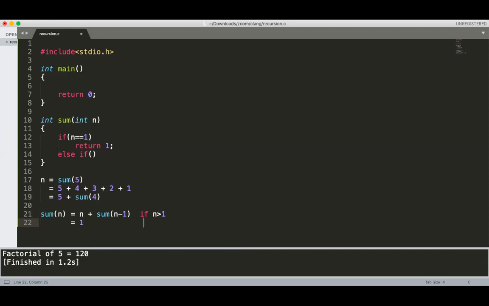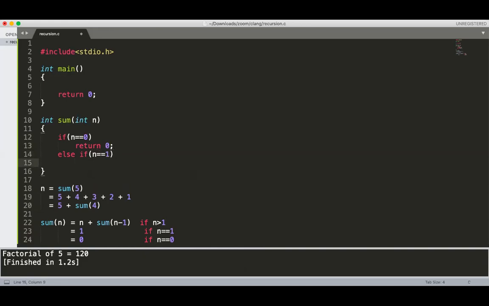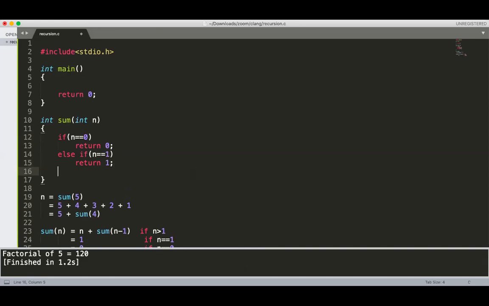If n is equal to 0, I can also put that statement: if n equal to 0, then return 0. If n equal to 1, then return 1.